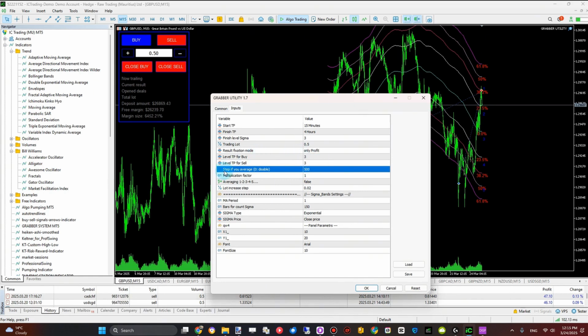As you can see, it says step here. If it's 0, then averaging is disabled. And so if we set 0 here, the utility will not average and will trade with a single transaction. If we set any number of points here, then averaging will occur through that number of points. Look, set a larger number, because if you set a small one, the utility will average out literally, if you set 5 here, it will just be a million trades. Before the action is completed, you'll run out of money in your deposit. 500 is